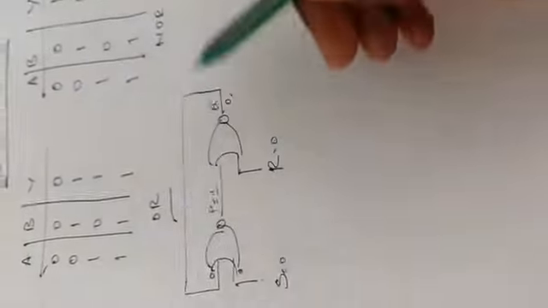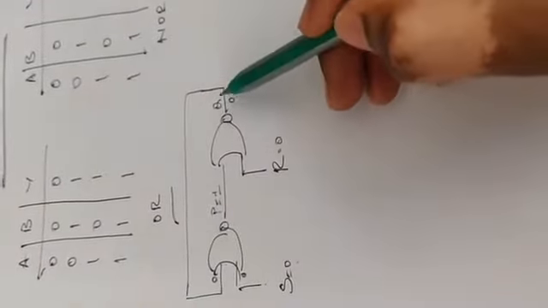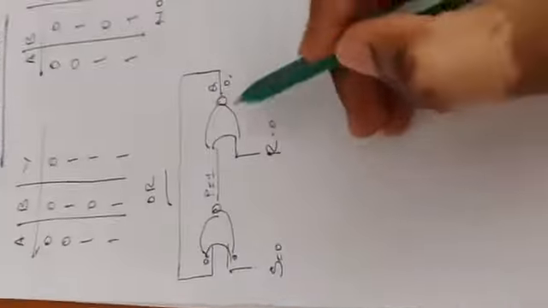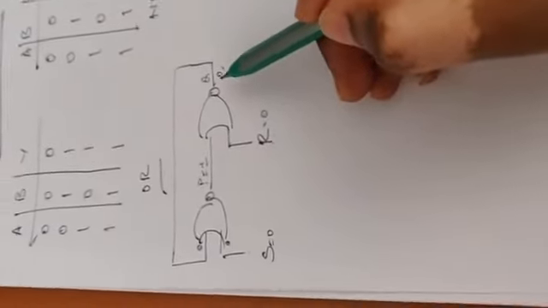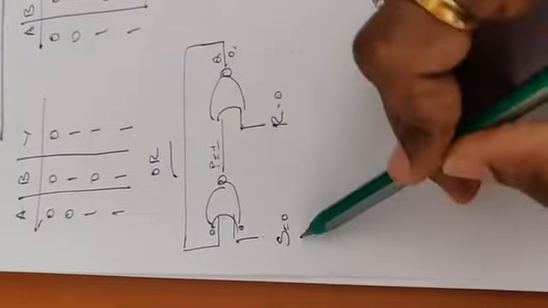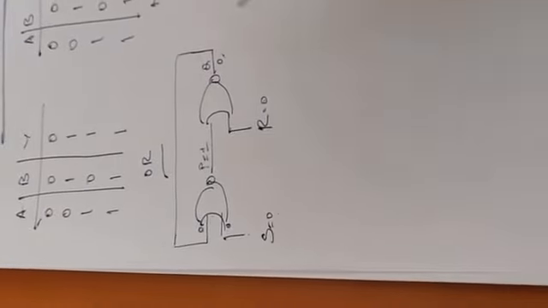So it will keep on moving in the stable state. No matter what, the output never changes. Q will be 0. I have assumed Q is equal to 0, so the output will be 0 itself. It never changes when S is equal to 0, R is equal to 0. It retains its previous state.